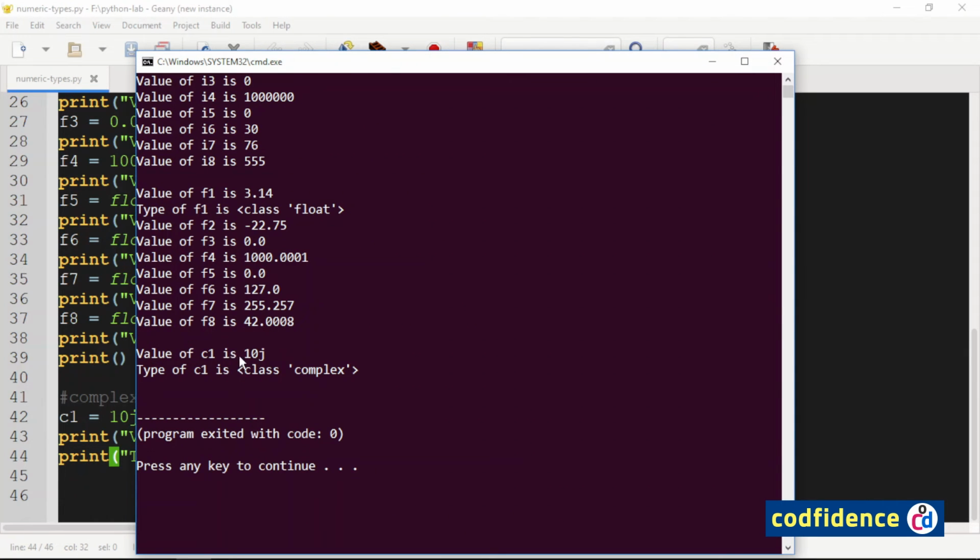Your C1 is just assigned an imaginary number without real number part. Also look at the type of the variable, which is class complex.